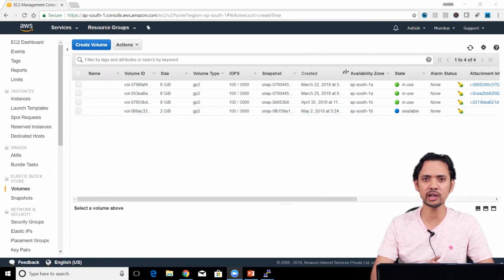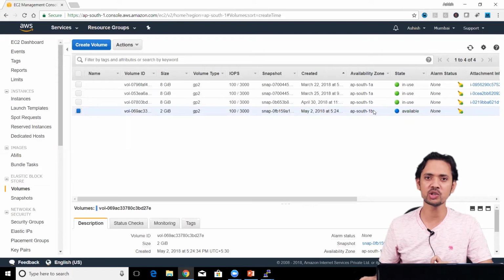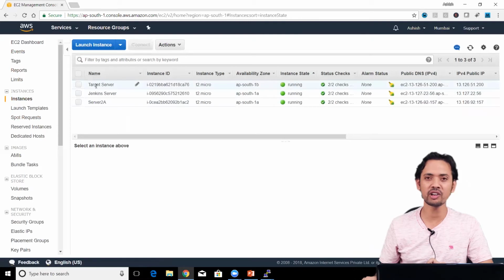So basically you have created a snapshot and then you have restored your data by using the snapshot into an EBS volume. Now this particular EBS volume is ready to be attached to another EC2 instance. If you want to verify this, you have to attach this volume to a running EC2 instance, mount it, and see for yourself whether the data has been restored or not. Since it is now in AP South 1B, we need an EC2 instance in the same availability zone. If you go to our instances,